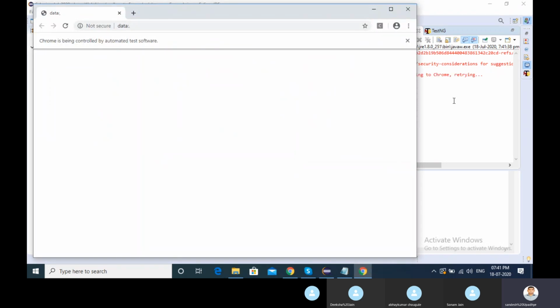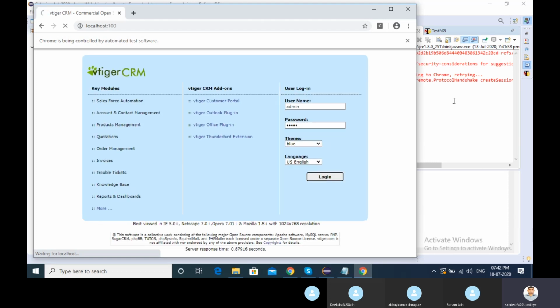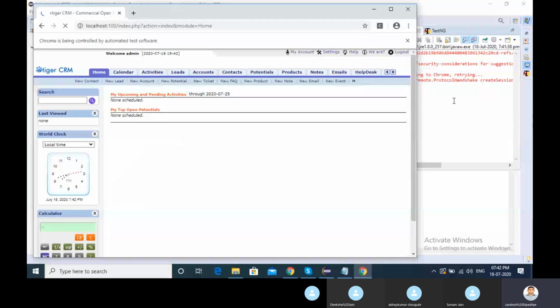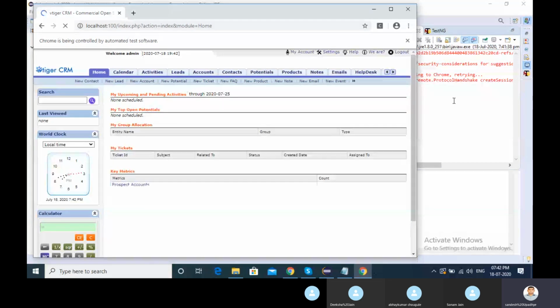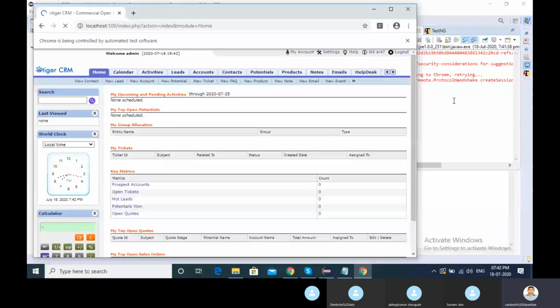So you can choose any website and you can add ID. You need to do practice. I explained how to choose ID, how to go with the name, how to go with the link text, how to go with the partial link text, how to put the XPath, the different XPath methods. Then we saw class name, then we saw CSS selector.